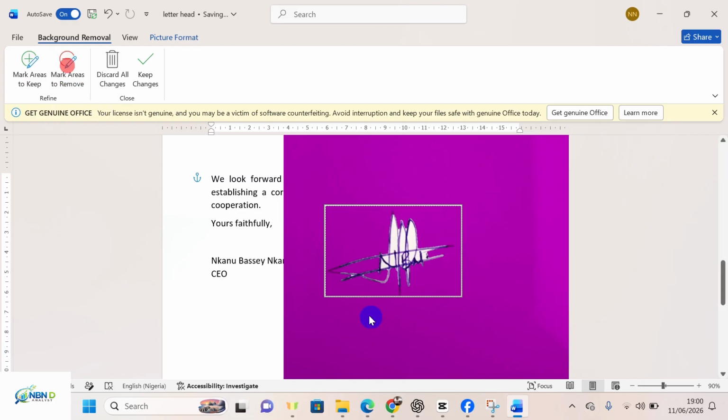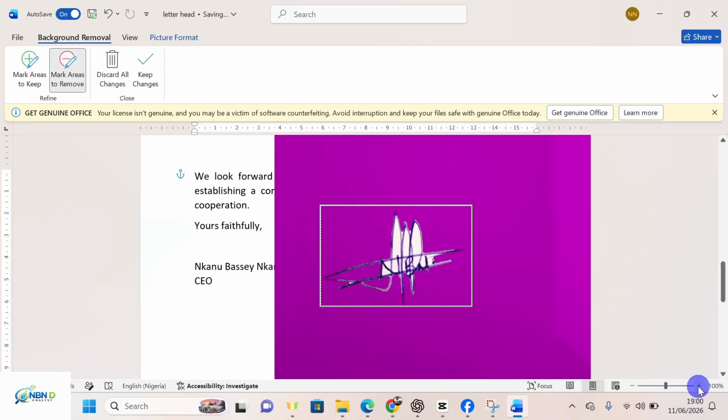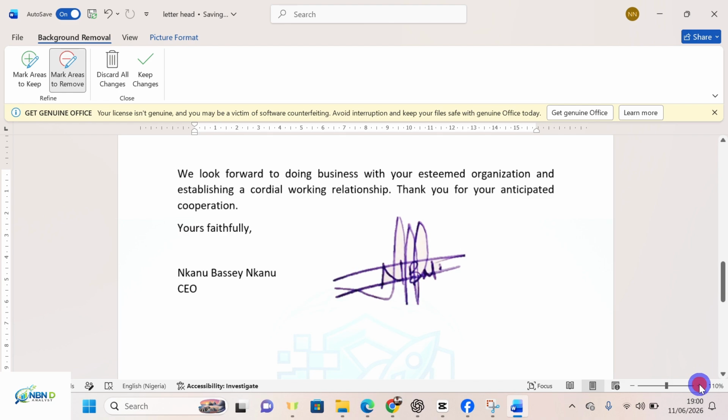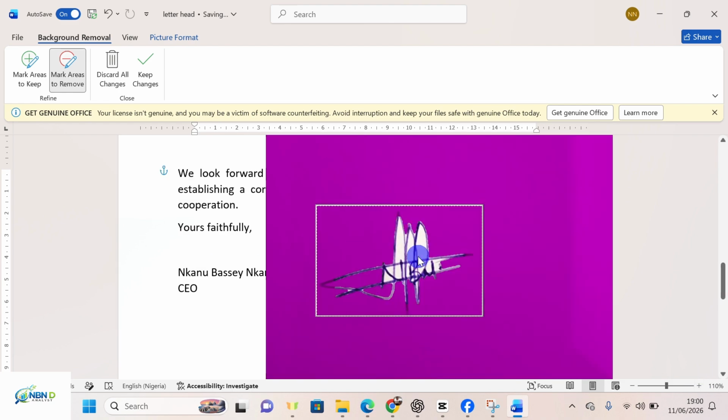When you click on mark area to remove, you come to where you want to remove. I selected it, yes. You come to where you want to remove. You can as well zoom it so that you can see the point you want to mark the area to remove. I'm increasing the zoom. So when it comes there, I'll click inside here. So that white spot should be off. And now go back to the next white spot. So I'll be clicking inside those spots to remove